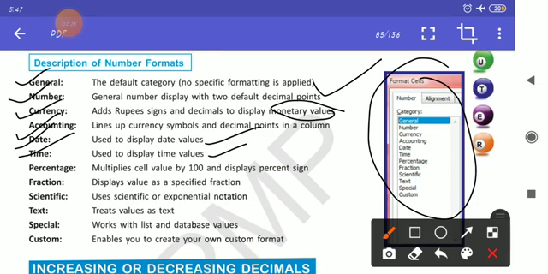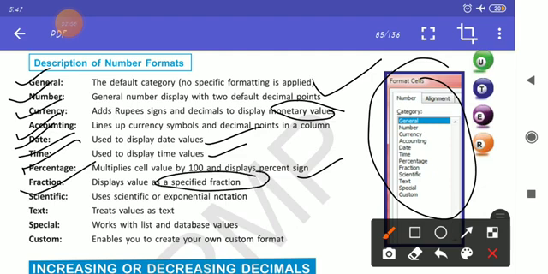Percentage: multiply cell value by 100 and display percent sign. Whatever the value your cell will have, it will multiply it with 100 and display the percent sign. Fraction: display value as specified fraction.